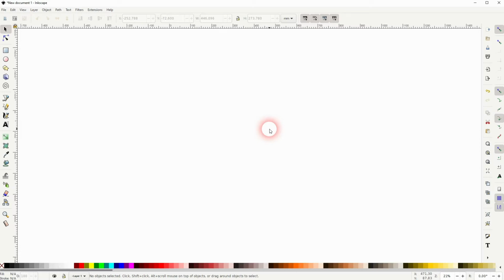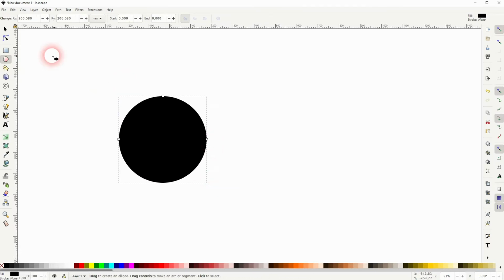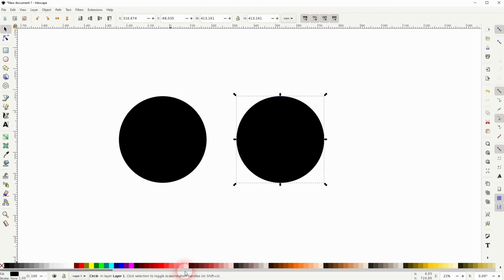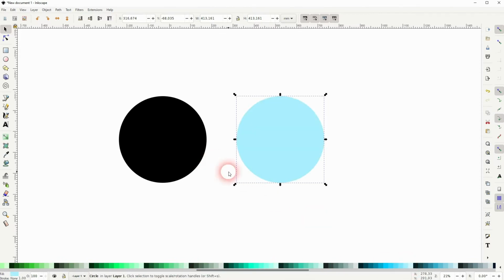In this case, I only need 2 circles, and I'll create them with the ellipse tool right here. I'll hold Ctrl when I drag it, go to a 45-degree angle and you've got a circle. Then press Ctrl D, hold Ctrl when you drag it to the side. Now pick your colors down here. We only need a fill, so just left click on the color swatches